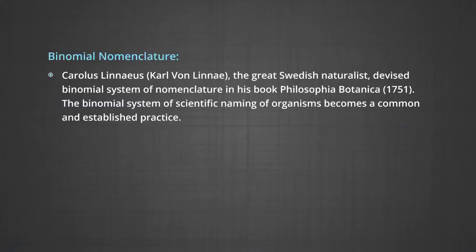Binomial nomenclature. Carolus Linnaeus, the great Swedish naturalist, devised the binomial system of nomenclature in his book Philosophia Botanica, 1751. Now, the binomial system of scientific naming of organisms has become a common and established practice. According to binomial nomenclature, the scientific name of an organism is composed of two Latinized words. The first is called the genus or generic name or generic epithet, followed by the second word called the species or